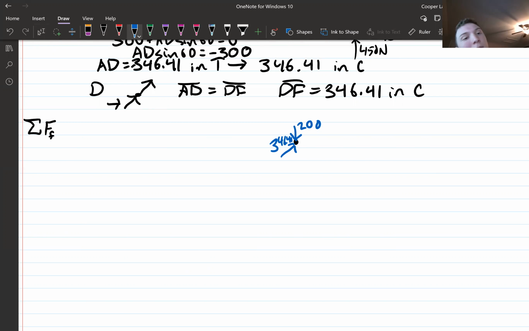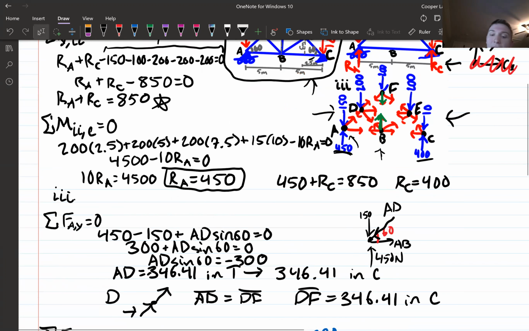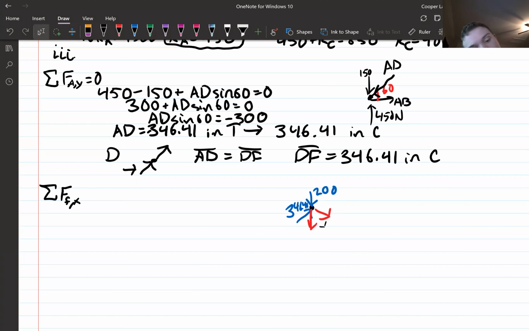And we don't know 2 of them. So I'm going to keep assuming that these 2 are in tension until I've proven otherwise. I'm going to start off with solving this out in the X direction because that will limit the number of unknowns I have working on it. Because if I was going in the Y direction, I have 2 unknowns. So I'm going to try to limit that and first solve for my other unknown. My other unknown would be FE. So going into this,